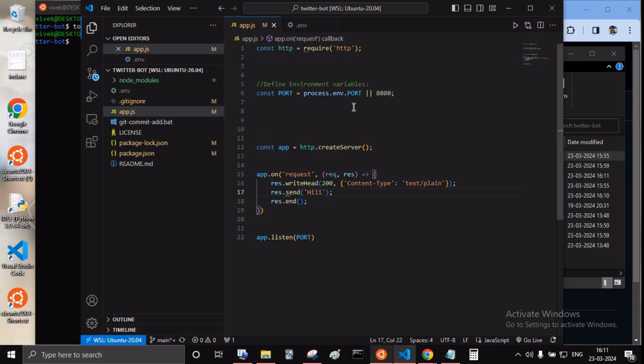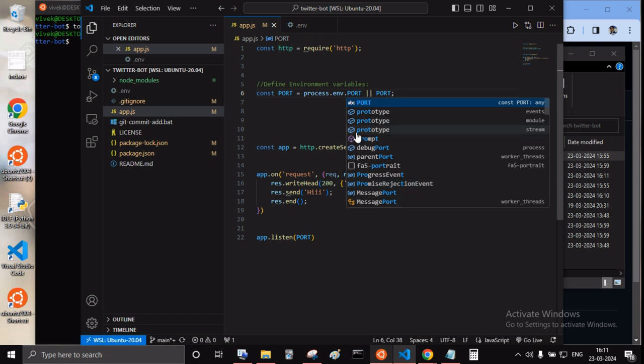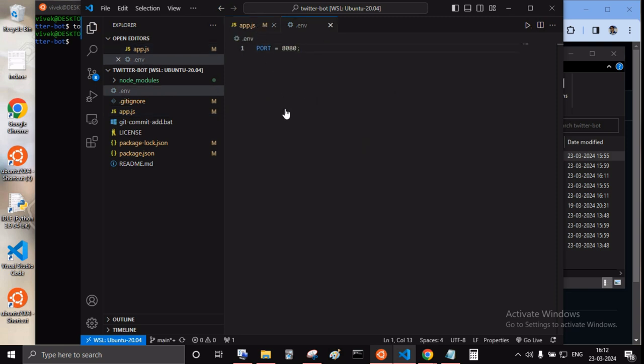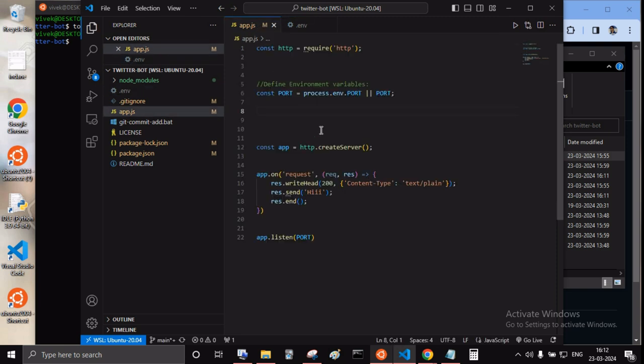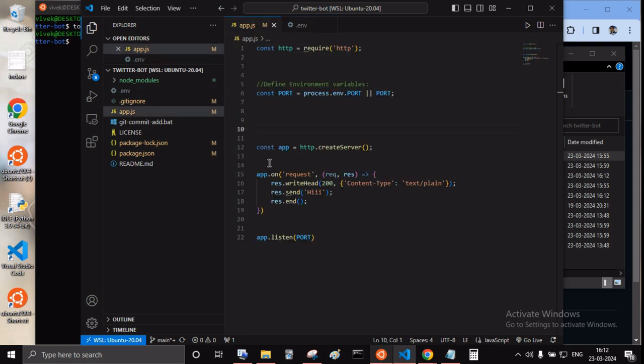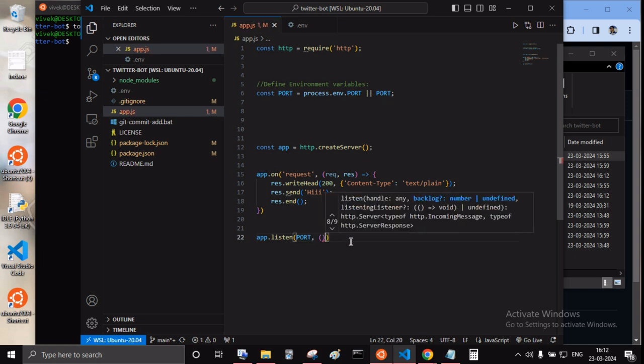Port we have added. Yeah. So I think this semicolon is not needed. Yeah. Now it will listen on a port, and once it receives a request, then we will fire a callback,